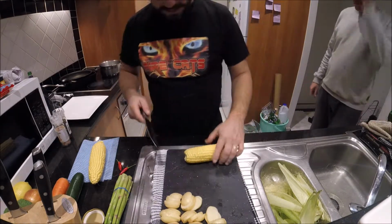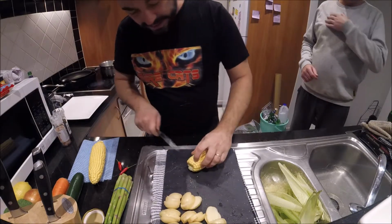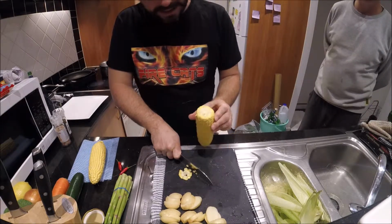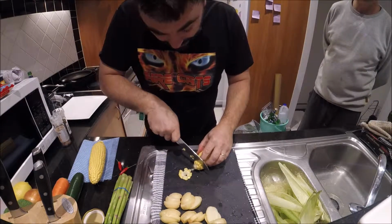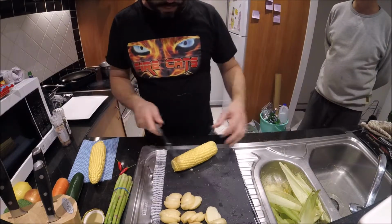Right, okay. What you want to do is stick your knife in about halfway, and just slice down. That's good. Cut in again. Basically, slice down. I'm not strong enough to chop through them more than once. Done. Yeah. Then what you want to do is,